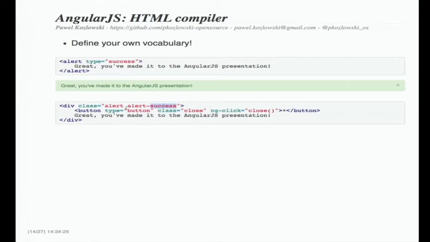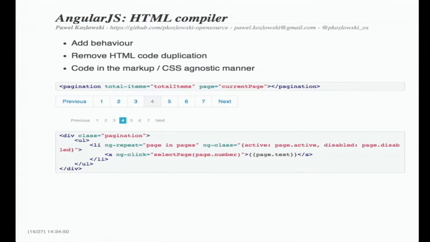Like, should I add alert-success class, or alert and alert-success, or only one of those? So if I can create my own element and give it a name that I understand, that I can remember, and give it the attributes that I want, this is great, right? Because I'm creating my own wording for the project. And there are many examples of little widgets like this. This alert was pretty static. There wasn't much logic going on.